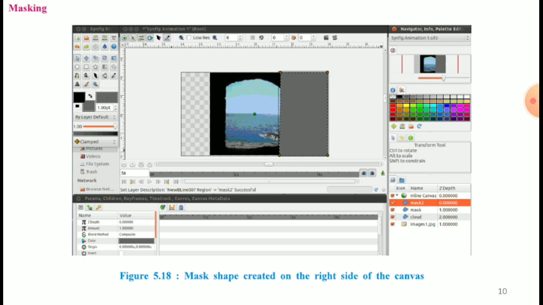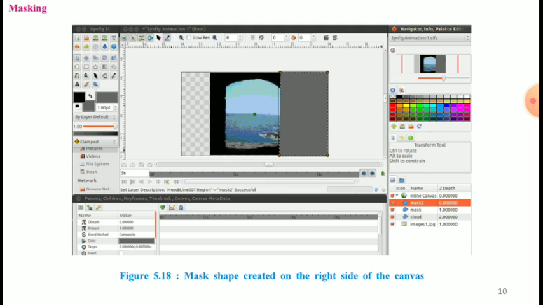Next, play the animation, and you will see that the cloud is now not visible on the left side of the canvas. We need to do the same thing on the right side of the canvas also.